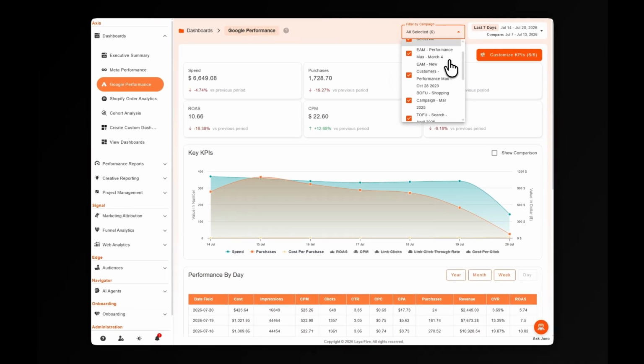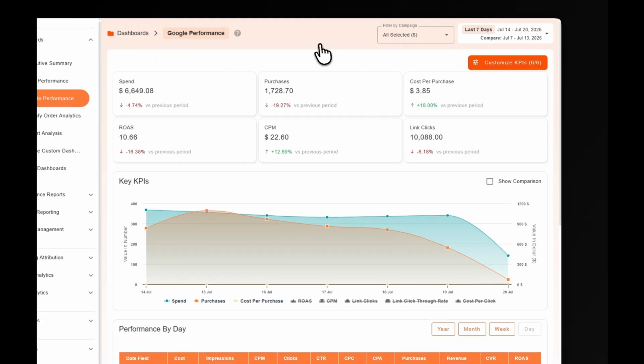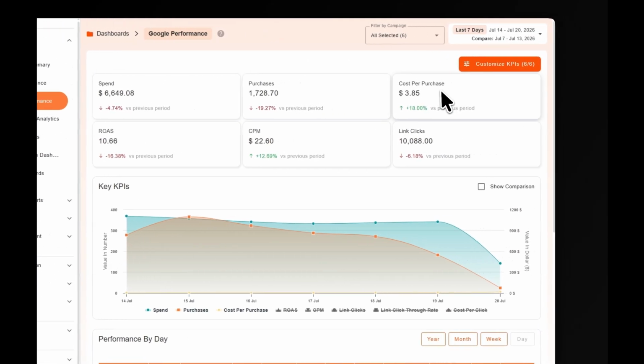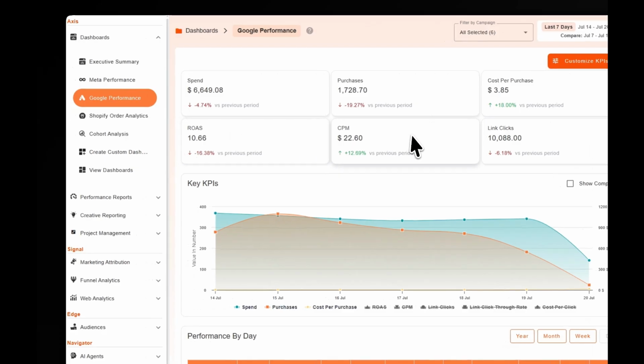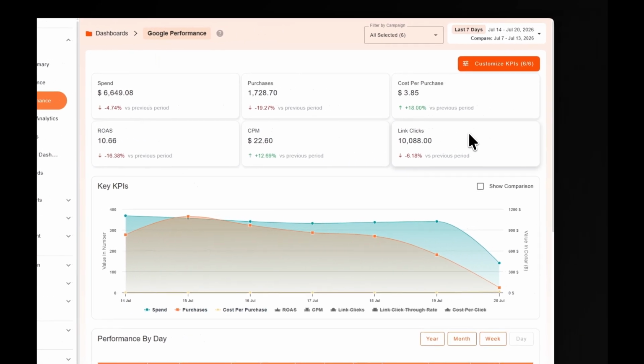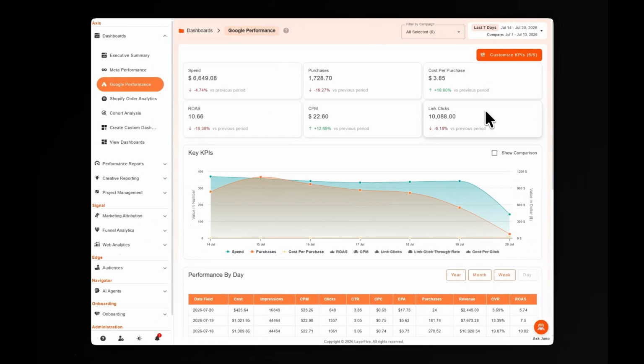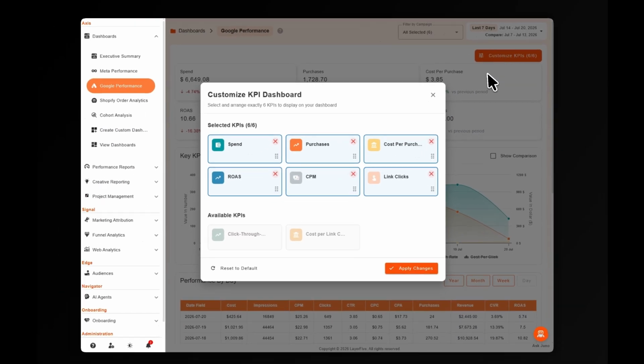across the whole account. At the top you'll see KPI cards for spend, purchases, cost per purchase, return on ad spend, cost per 1,000 impressions, and link clicks. You can customize these. Select up to 6, remove any, and reorder them, keeping only the metrics you actually act